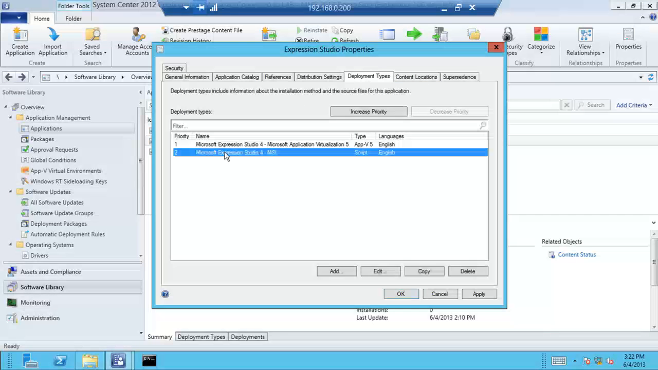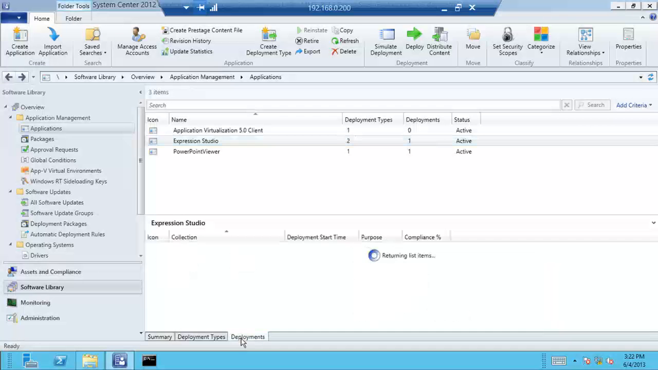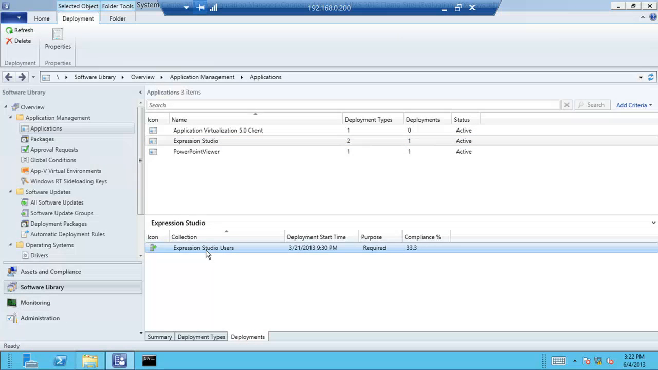So we've kind of skimmed over this concept of primary user, right? I don't know if everybody's familiar with that or not. This is a configuration manager feature. So let me show you how that works real quick. If we look in here to Expression Studio, I've deployed it out to this collection of users, right? Expression Studio users. If I click over here to Asset Compliance,